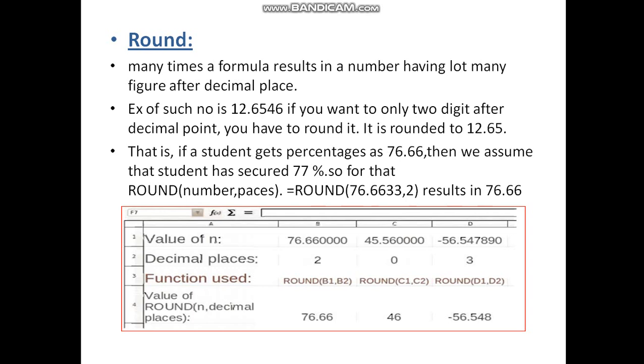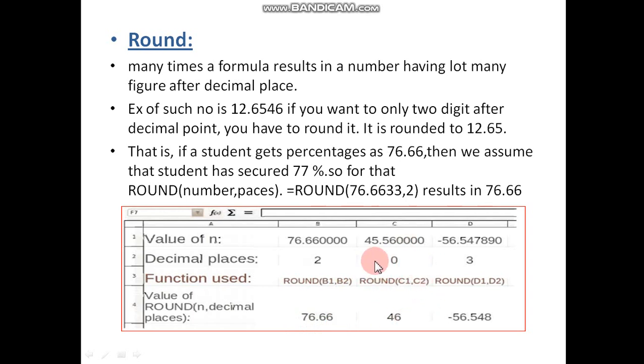All the other digits are cancelled and the result is 76.66. In the example, the value of n is 76.666 and the decimal place is 2, so only 2 values after the point are kept and all other values are cancelled. So here we use ROUND(B1,B2), where B1 is the value and B2 is the decimal places.